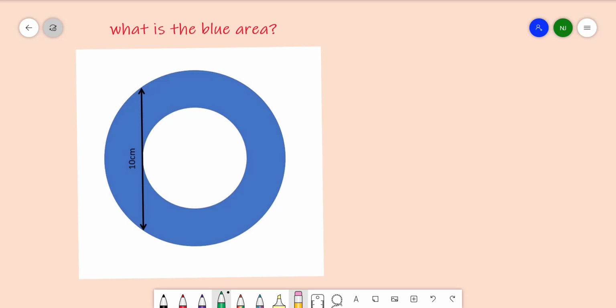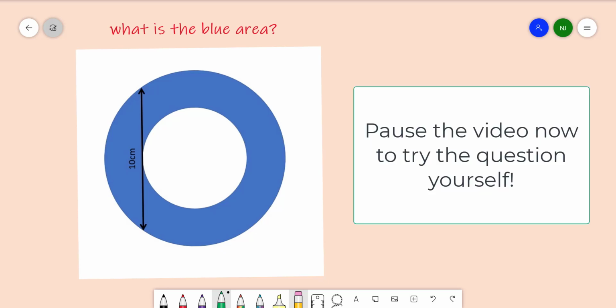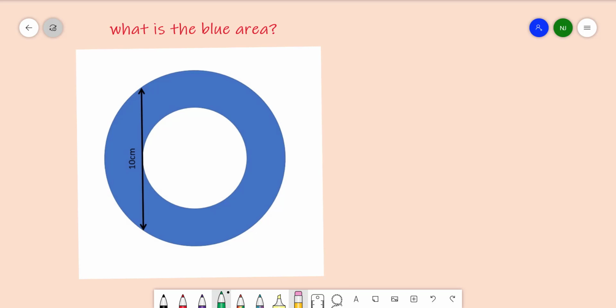Okay, so we're going to do a solve along with me, where I am seeing this problem pretty much for the first time, and I'm going to try and solve it, and you should be trying to solve it at home as well. And yeah, you can see what my thought process is when I attempt a question for the first time. So we're trying to find what the blue area is, and we have here an annulus, which is